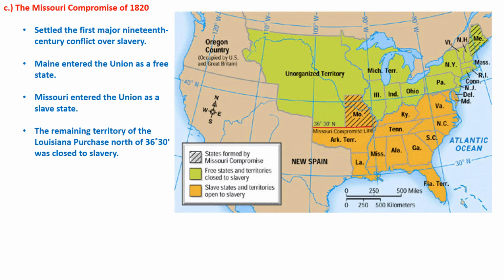Ultimately, the Missouri Crisis is settled by the Missouri Compromise, in which Missouri entered the Union as a slave state, but that balance was maintained by allowing Maine to enter as a free state. And the remaining territory of the Louisiana Purchase would be divided along the so-called Missouri Compromise line on the southern border of Missouri. Anything south of that line would be open to form as a slave state once they incorporated as states. Anything north of that line, slavery would be prohibited once they incorporated into actual states.